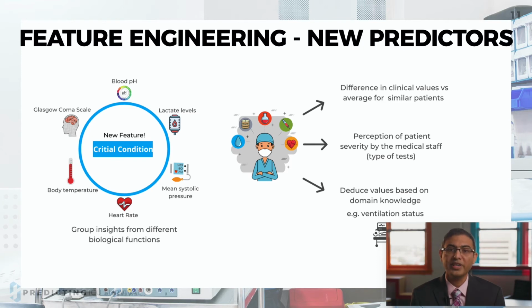For example, we tried to identify most critical patients by looking at those biological features which provide insight into their condition. A low pH level and high lactate levels indicate that the patient is very close to that thin line which separates life and death. Additionally, we tried to make a new variable which is based on the perception of the medical staff about the patient condition. That is, which tests were run, and which tests were not run because they thought they were not needed. And these new features turned out to be pretty useful for modeling, and now Alan is going to talk about that part.